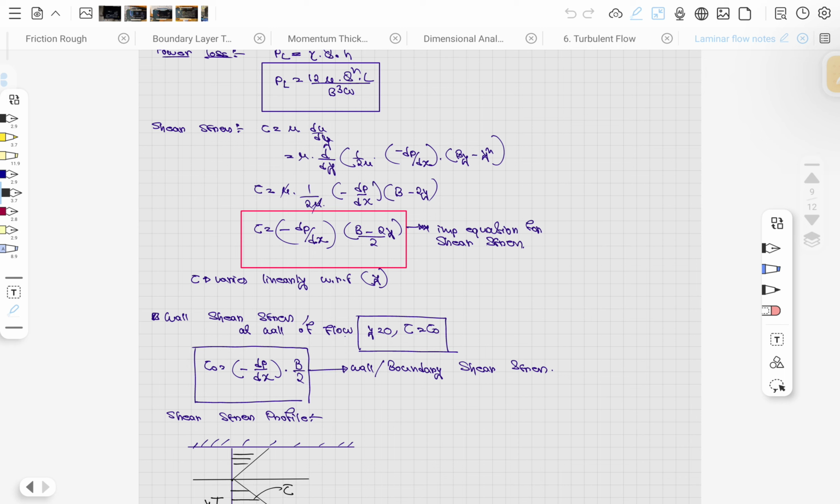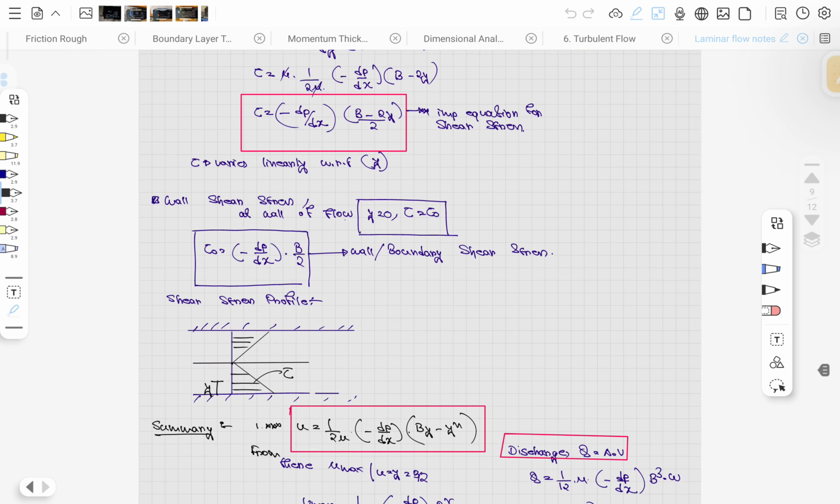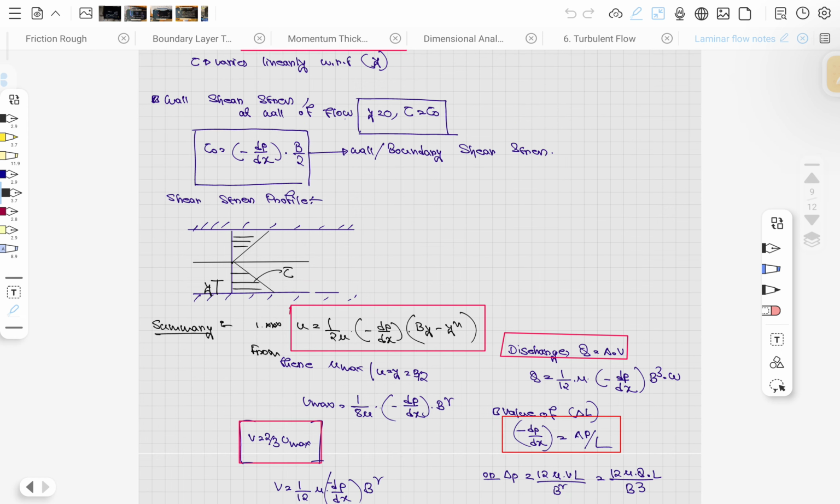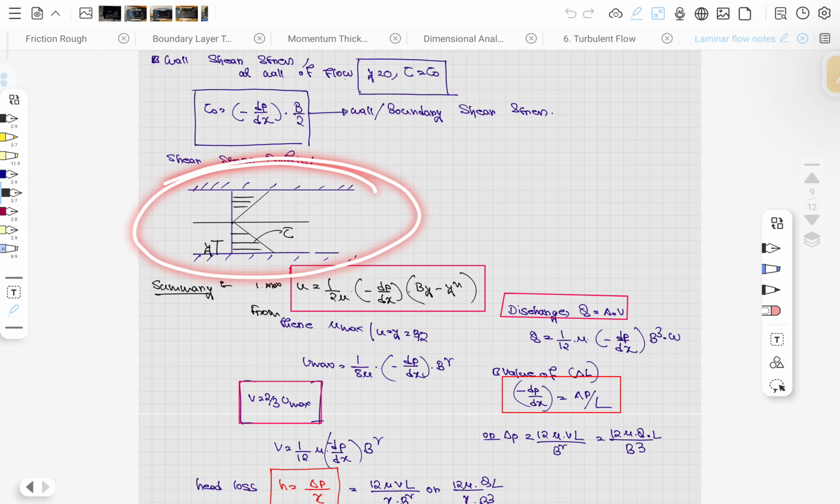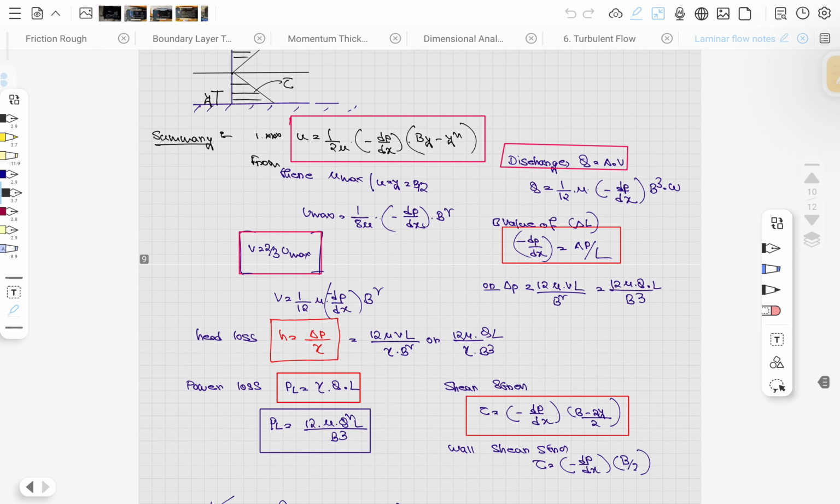That is the value we are putting in, eliminating terms, and then this comes out. Now the wall shear stress tau 0 equals minus dp by dx into b by 2. So this is the wall shear stress. Summary: u equals 1 by 2 mu, minus dp by dx, into (b y minus y square). At y equal to b by 2, u max equals 1 by 8 mu, minus dp by dx, into